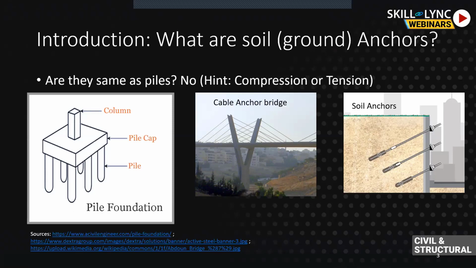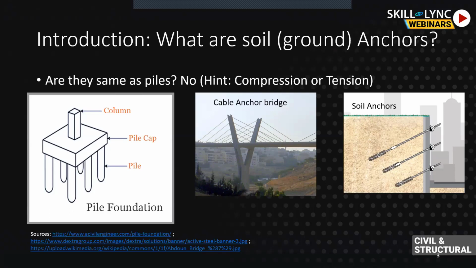As you can see here, what these anchors are doing is just holding the ground. You can see cable anchors, as you have seen in most of the bridges around here. If you have heard about Lakshman Jhula, and nowadays there is a big talk about the Bandra Worli Sea Link in Bombay, the newest engineering marvel in India, I guess, that is a cable-stayed bridge. The anchors generally are built for tension. Similarly, soil anchors are for tension, piles for compression and soil anchors for tension. You can see how they work. They just hold the ground. They just reinforce the ground.